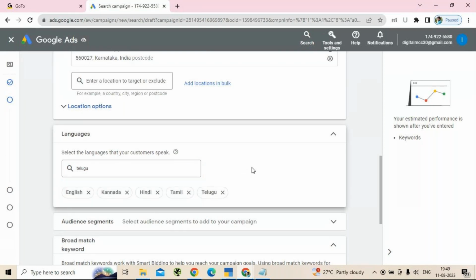Like this, I can choose any particular local languages where people are using the Google search engine with these languages, so I can connect with them.